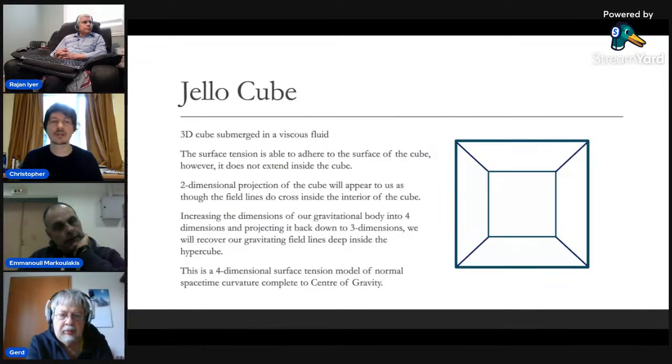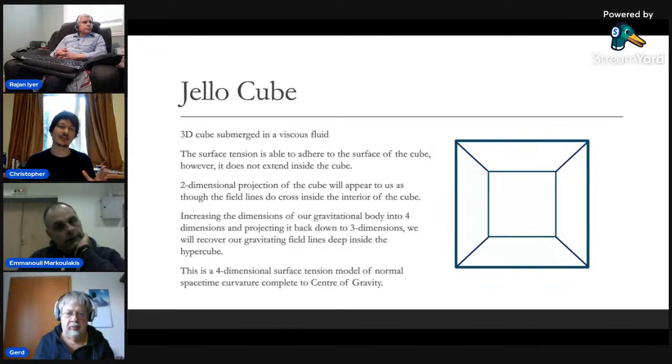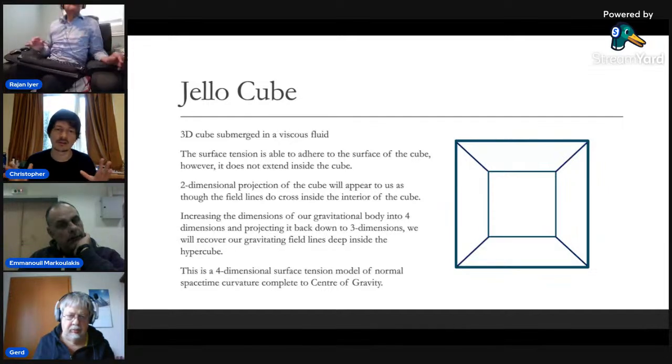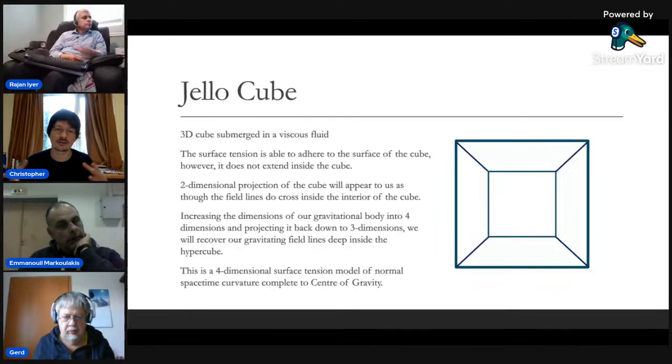So one way to think about this is if we have a 3D cube submerged in a viscous fluid, the surface tension of that fluid will adhere to the size of the cube. And if we imagine the cube is transparent, we know that the surface tension doesn't go inside the cube, it's only on the outside. But if we have a two-dimensional projection of the cube, it will appear as though the lines cross into the interior of the cube, and in effect the lines hitting the back of the cube there,